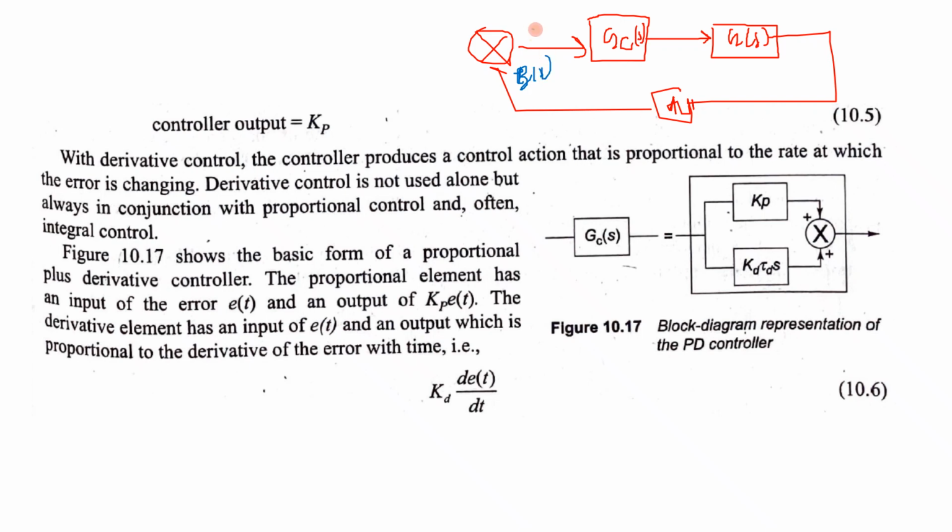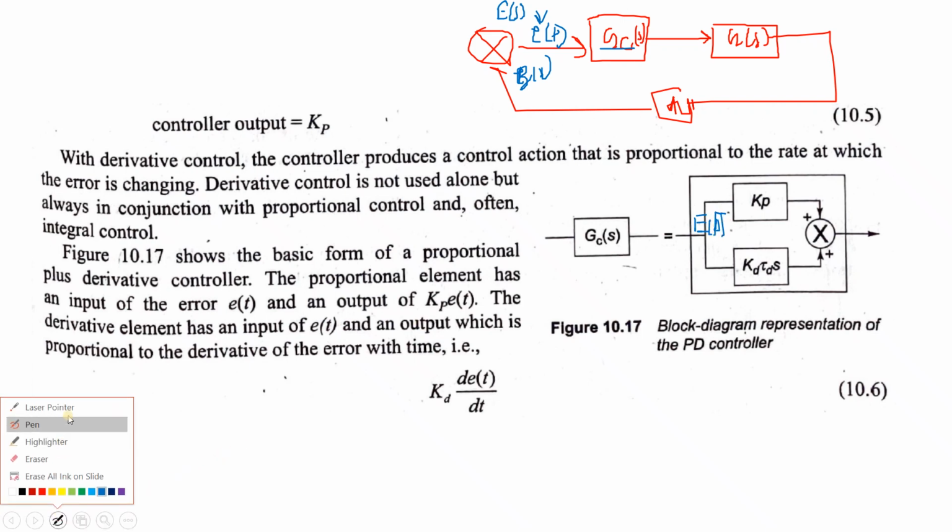Because over here the error signal is coming, this is the feedback signal coming, suppose B(s), and it is the error signal over here, E(t), because in S domain it is E(s), so in time domain it is e(t). So the error signal is multiplied with this, so there will be some error signal over here. If the error signal is in the S domain, in time domain it will be e(t) rather than E(s).